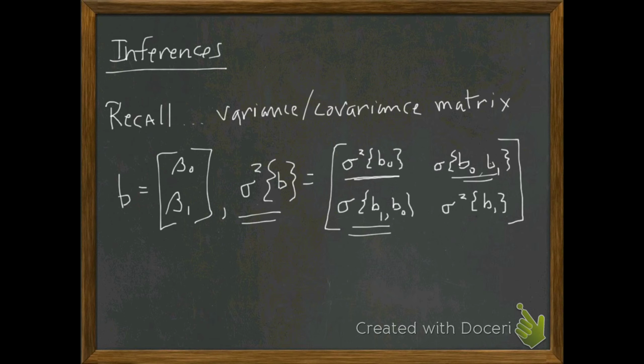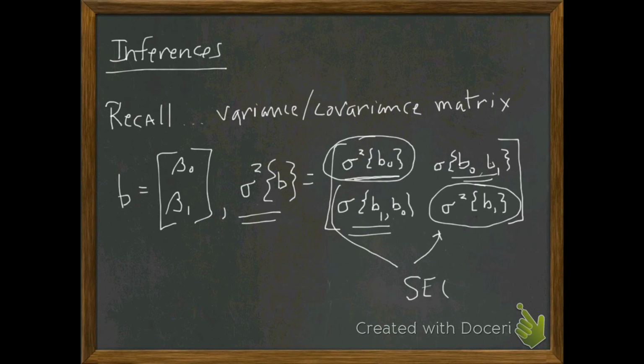But what we typically are interested in here are these values right here. The reason being is these values are very important in the inferential part because they give us the standard errors for our B0 and our B1. And again, remember, you got to take the square root of the values on the diagonal or you're going to